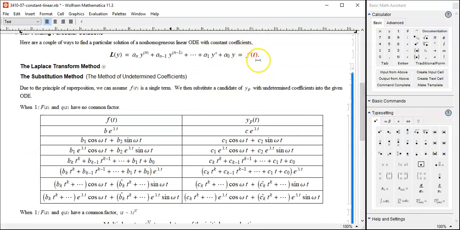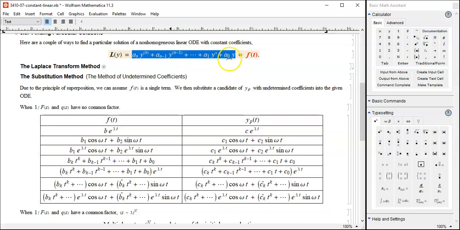In order to find this yp, let's begin with this f. And based upon what f is, we're going to make an educated guess. Substitute it in and then find out the coefficient. If this right-hand side is an exponential function, we're going to take the same exponential, so c times the same exponential. And then take all those derivatives and put everything in here. And then set up the equation, and the exponential part will be common, cancel all out, and you're going to get